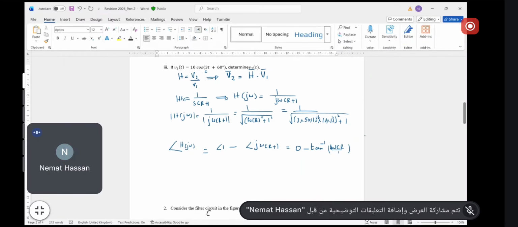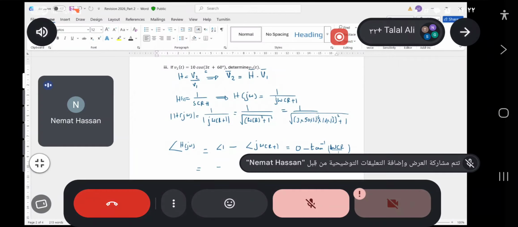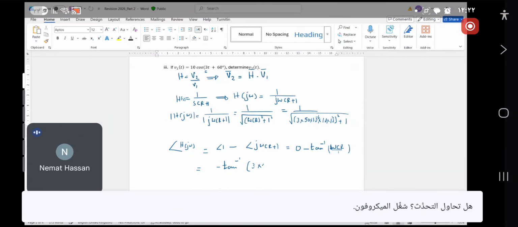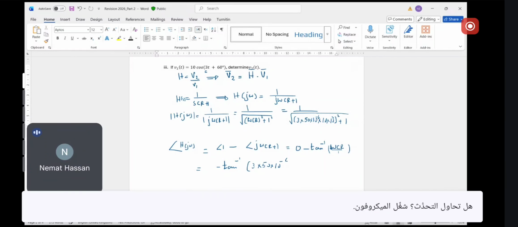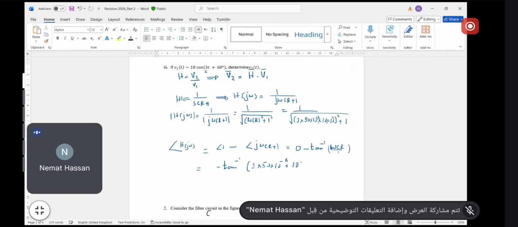No, imaginary over real. We had written j first, so the imaginary part is multiplied by j first. Okay? Which is equal to minus tan inverse of 3 times 50 times 10 to the power minus 6 times 10 times 10